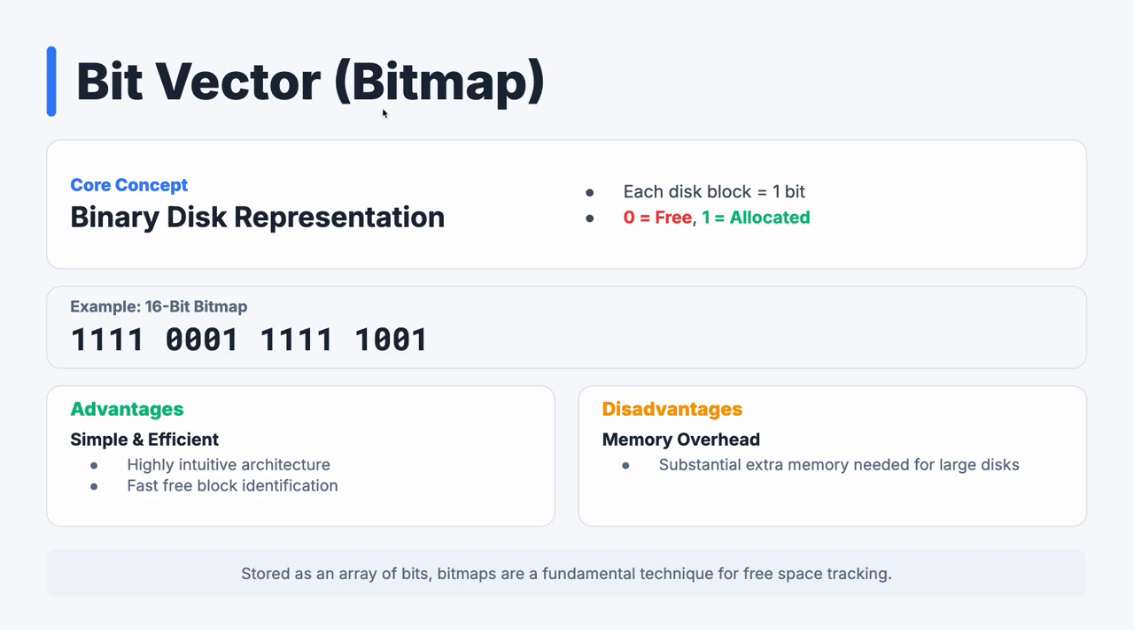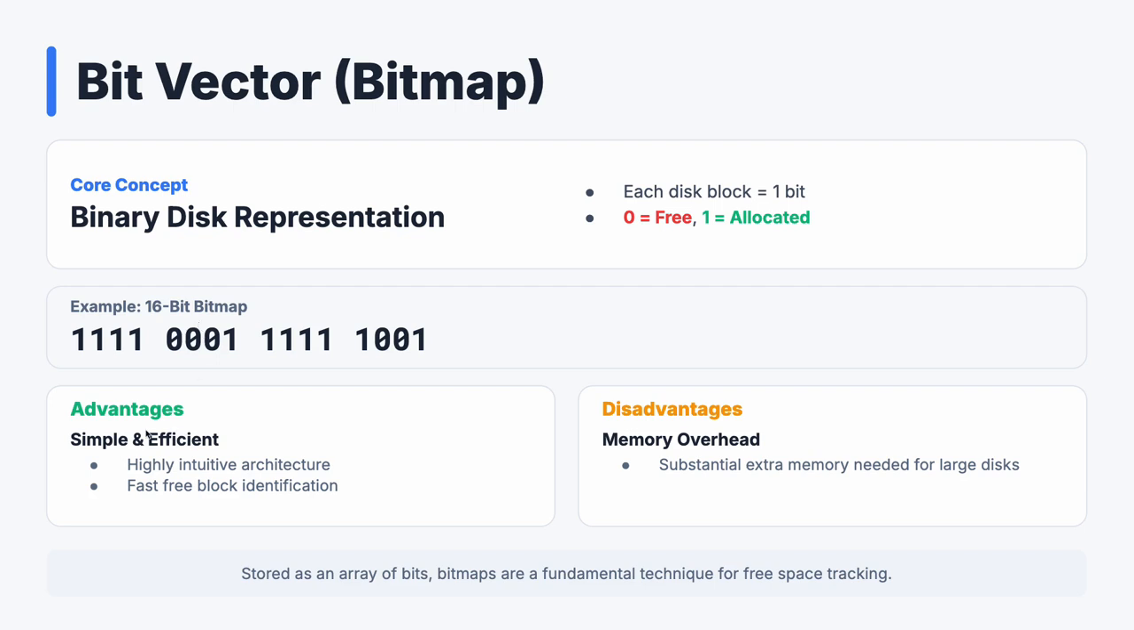First one is the bit vector or bitmap. Over here we have a binary representation of the disk, and each bit represents a block. If it is set to 0, that means that block is available. If it is set to 1, that means it is allocated and we cannot use it. So in this example, consider we have 16 blocks, so we will have a 16-bit bitmap. A bit set to 1 means this block is occupied. A bit set to 0 means we know which block is exactly free